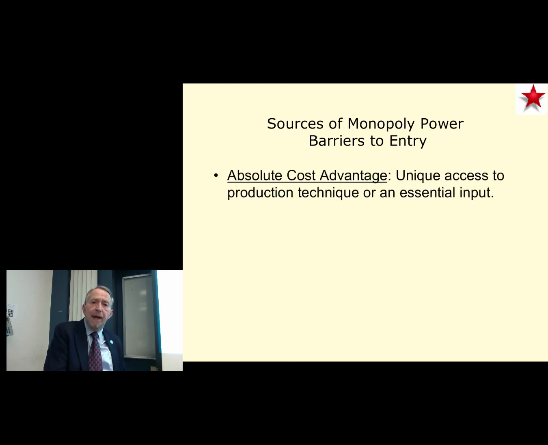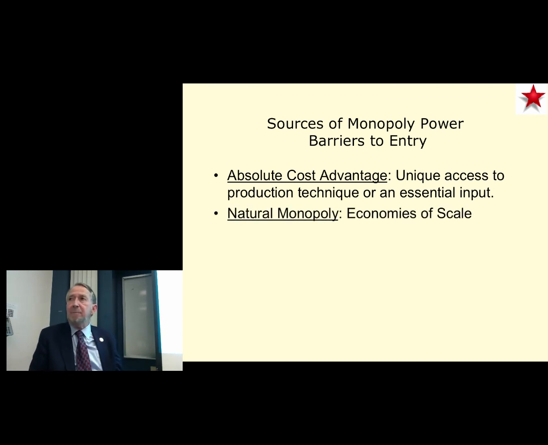So again, sources of monopoly power, barriers to entry. One, you have an absolute cost advantage. We talked about that, falling average cost. Two, you may have a natural monopoly. You may be producing a product where the market will only support one producer. If you think about